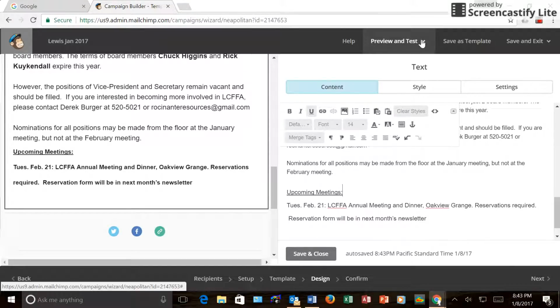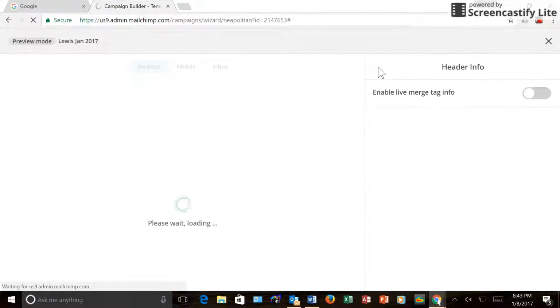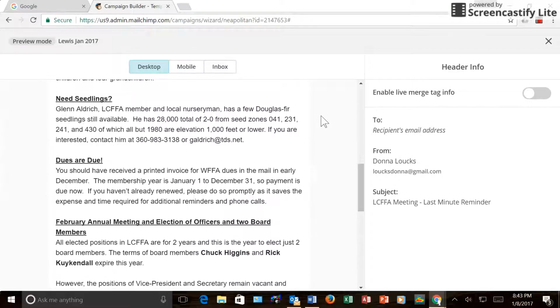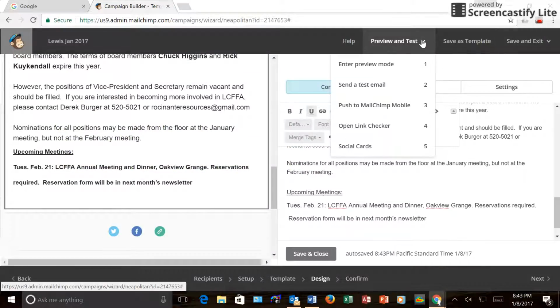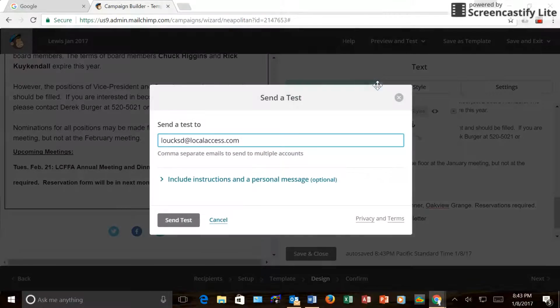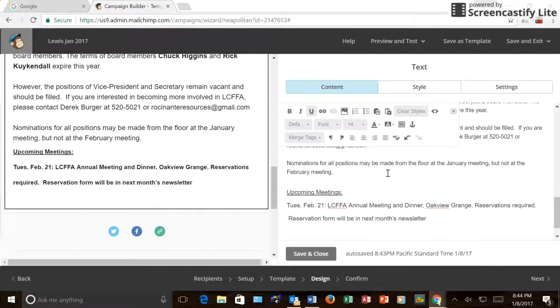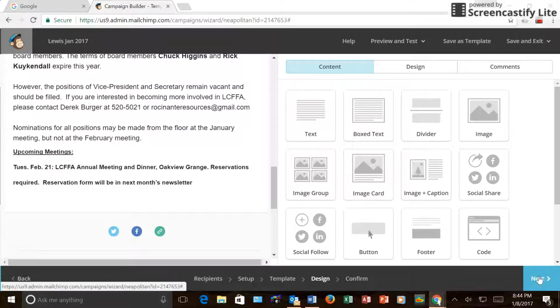We can do a preview, which shows it a little bit more like what it's going to look like. And then we kill the preview by hitting the X. We can do a test by sending a test email to ourselves. We send a test. It's a really good idea to do this before you actually send your message to your clients. And then I'm going to say save and close. And next,